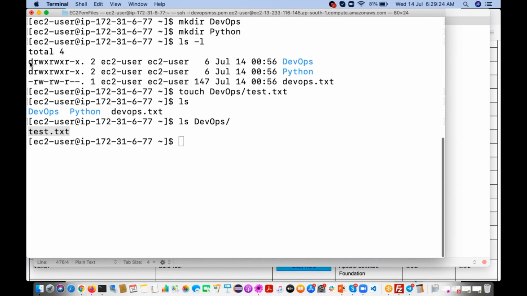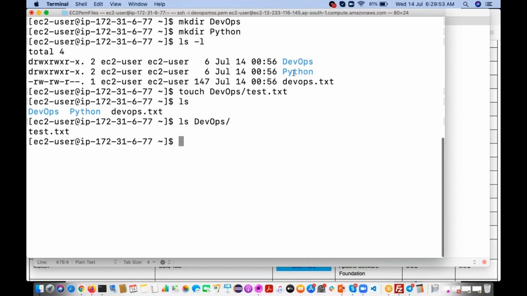Yesterday we created directories and files, and we used the rm command and the rmdir command and deleted them. That's why whatever directories and files we created yesterday were deleted, and that's why today I am creating them again.